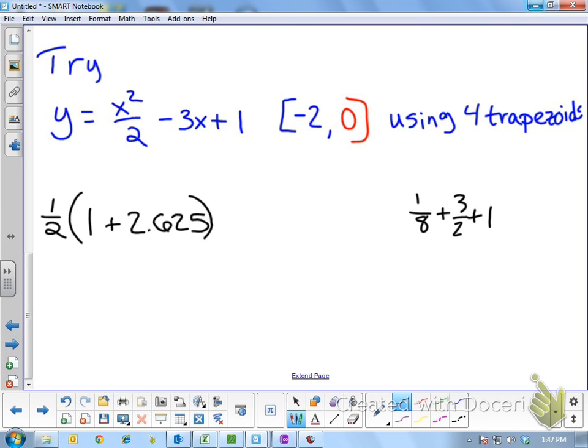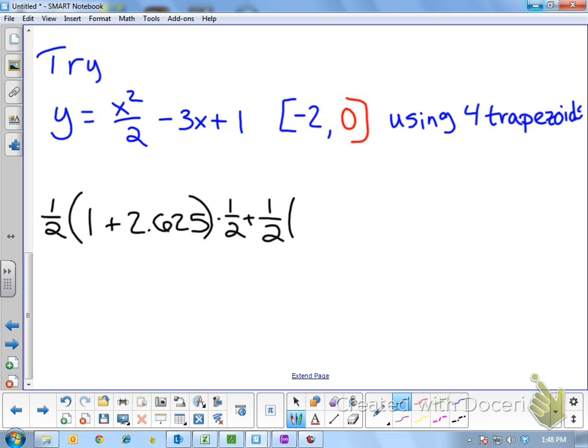We can do 12, 20, 21 over 8. Okay, now I got it. You just have to put parentheses around it. Around the 0.5. I always forget the second one. Anytime you square it, it should be parentheses. So it's 21 divided by 8, 2.625? Yes. So it should have been 2.625 times 1/2 plus 1/2